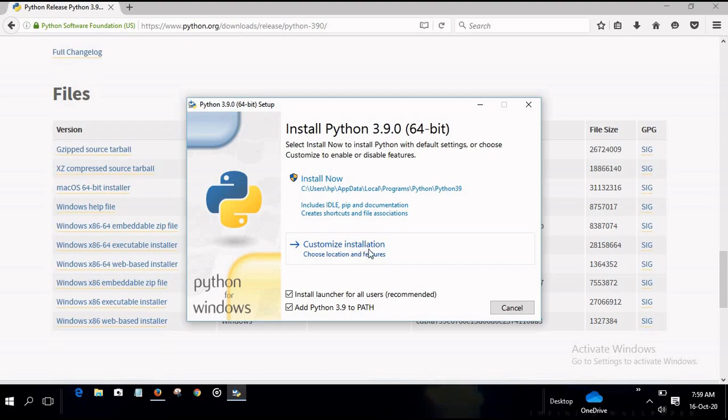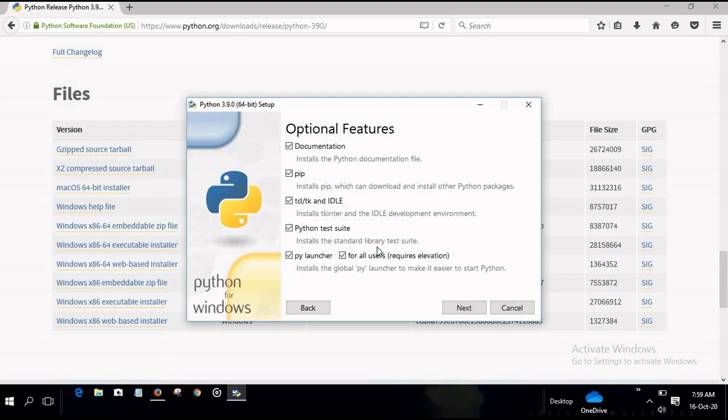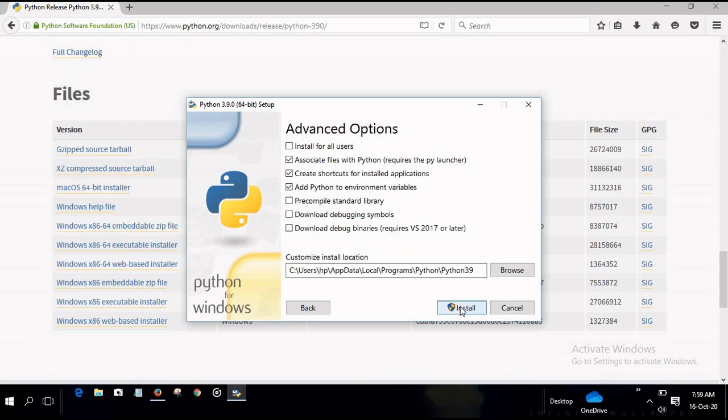Then click Customize Installation, and if everything is checked by default, click Next. This is the location of the Python software which you want to change, so that you can remember it easily.